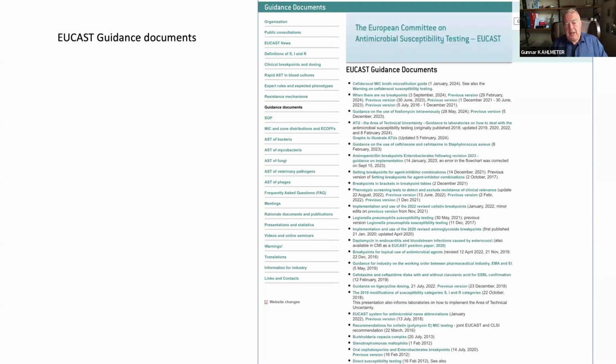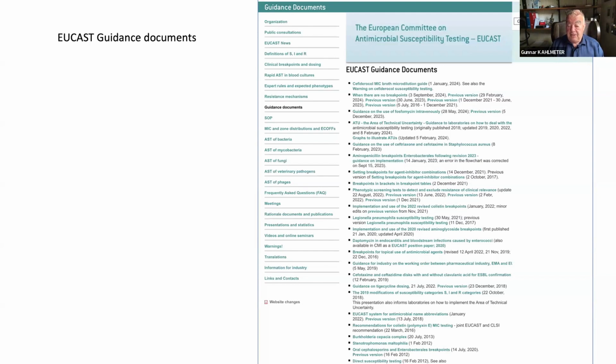I would also urge you to take a look at the list of EUCAST guidance documents. Not everything is suitable for a numerical number. And then it's very important that we can give guidance on how to use tables, what to do.